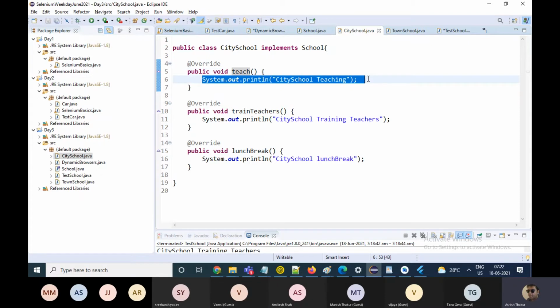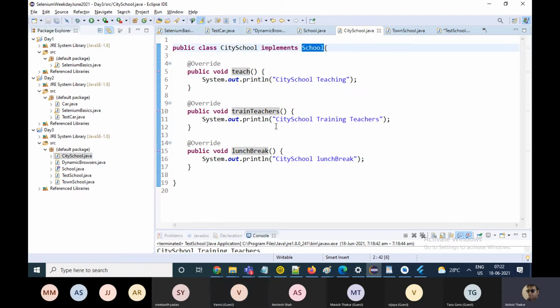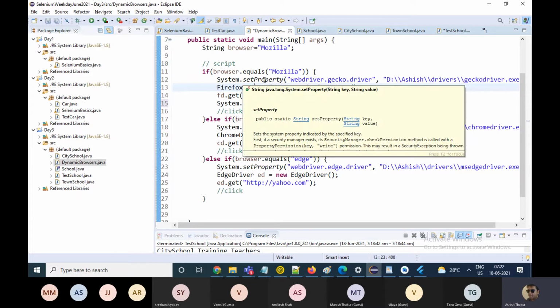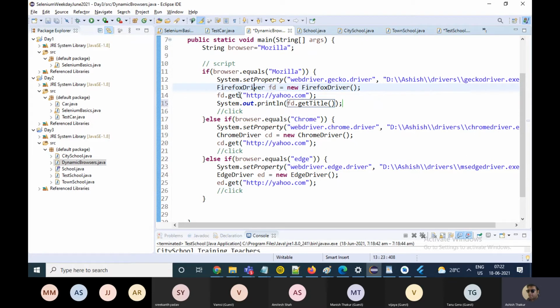So somebody has made the get function out there, which is doing the work of taking the browser to the website. Then where is WebDriver here? How can I correlate? Like this class is implementing the school interface, the Firefox driver class implements the WebDriver interface. Okay, so that is internally it is doing that. That is why we are able to have the same function names in all the driver classes.